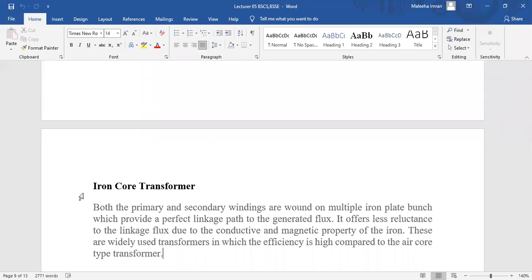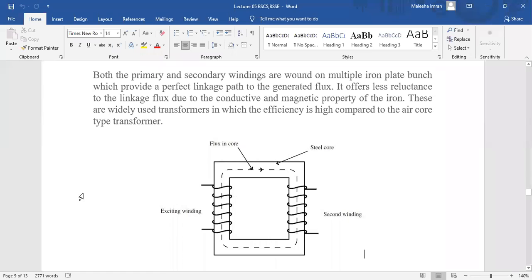It offers less reluctance to the linkage flux due to the conductive and magnetic properties of the iron. These transformers are widely used, in which the efficiency is high compared to the air core transformer. This is an iron core. Here we have a number of iron strips which are in the form of a square, and on the left-hand side one coil is wound, on the other side the other coil is wound. So it means